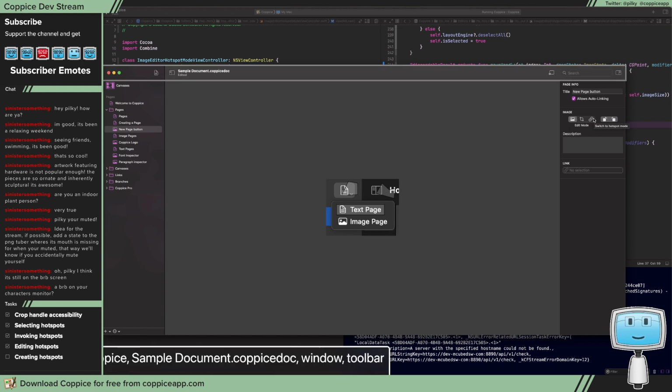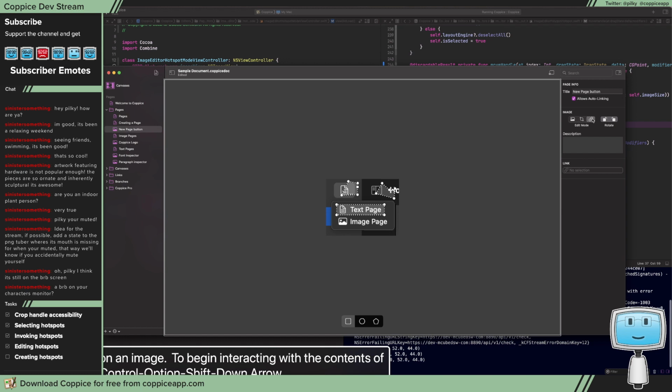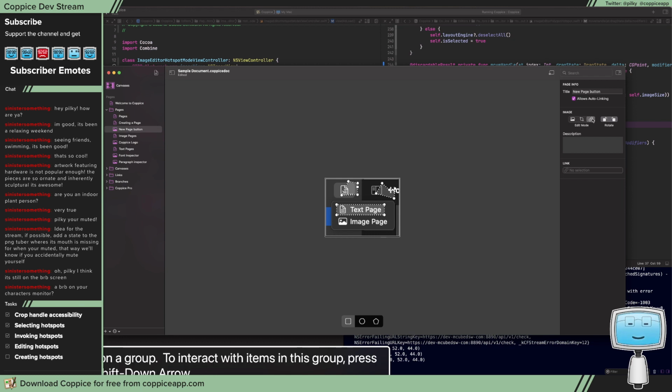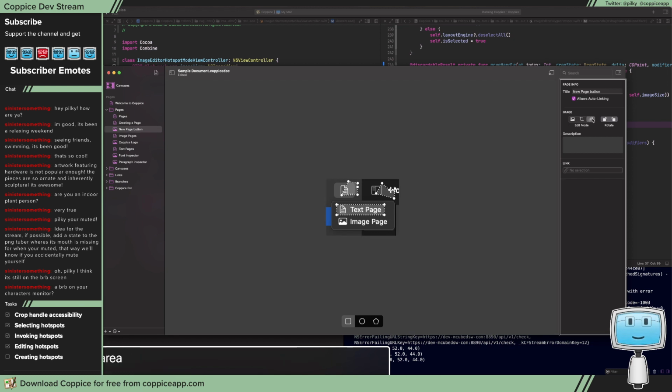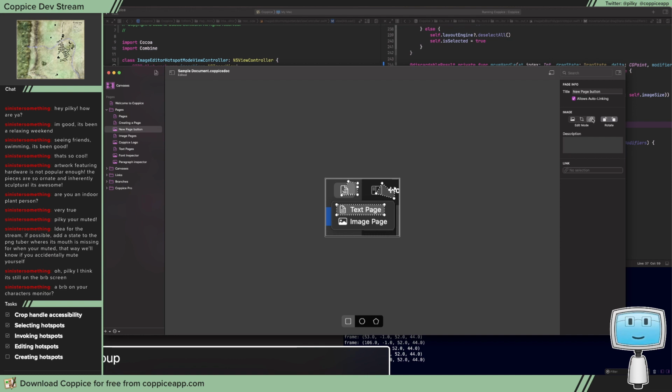So we want it to be an accessibility element here, and it is. You are currently on an image. To begin, interact, sample toolbar sidebar verticals hotspot editor group. There we go, you're only on the hotspot editor then. Inspectors, rectangle hotspot selected, oval, polygon, hotspot inspector. Right, so what we probably want to do is make the actual